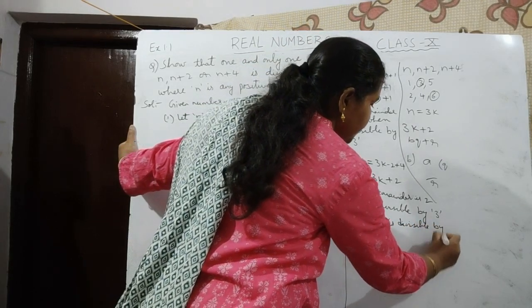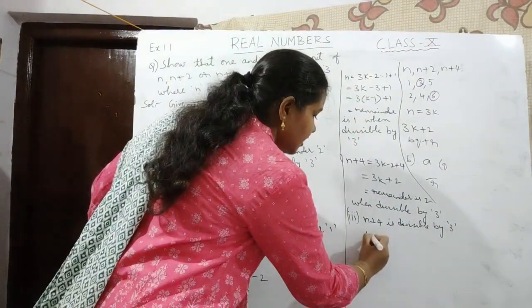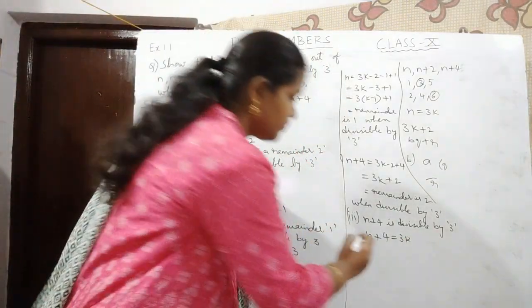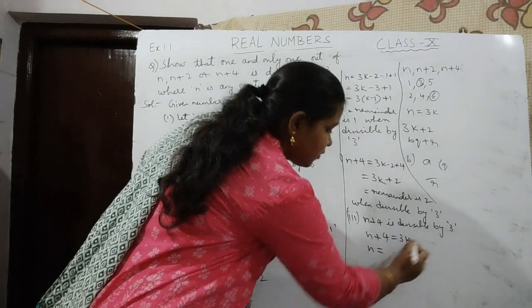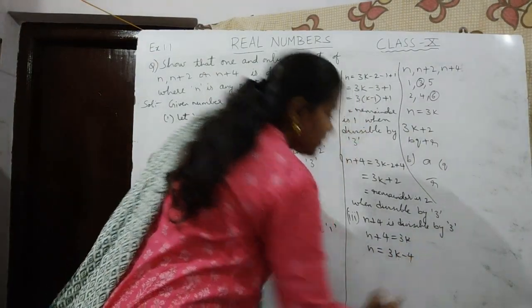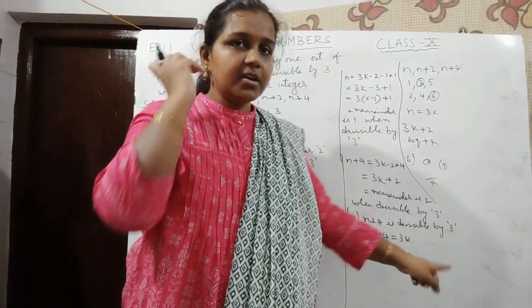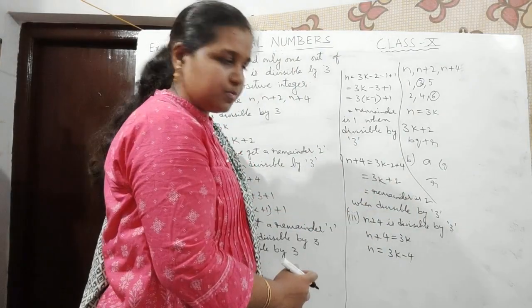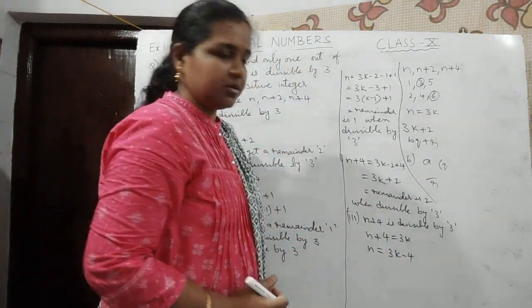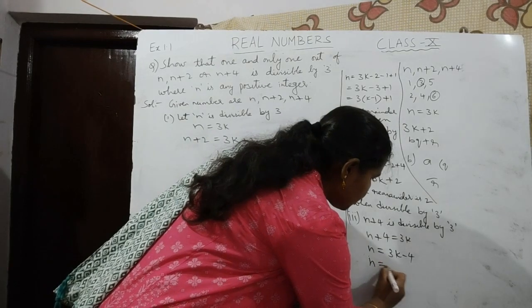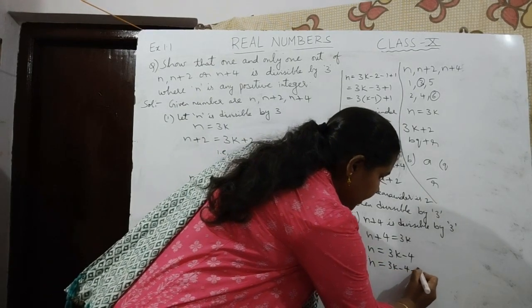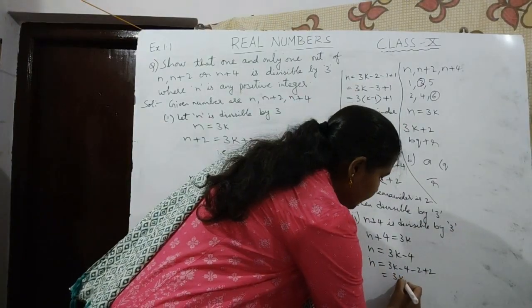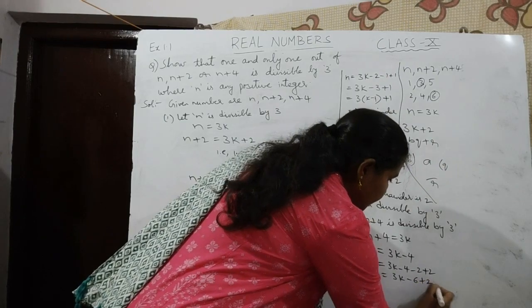That is, n plus 4 is of the form 3k. Then what is happening to n here? N is equal to, bring this 4 to the other side, 3k minus 4. I have to see that the remainder is in terms of plus. So for that reason I will add plus 2 and minus 2, so that this becomes 6 and I can take out 3 common. So if I do plus 2 minus 2, what will I get? 3k minus 4 minus 2 plus 2. So I will get 3k minus 6 plus 2.